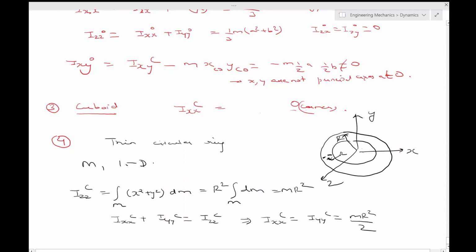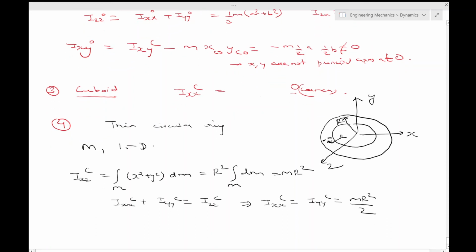Okay, just take a small mass and sort of integrate it over. Okay, so thin circular ring is done, and yeah, then you can,